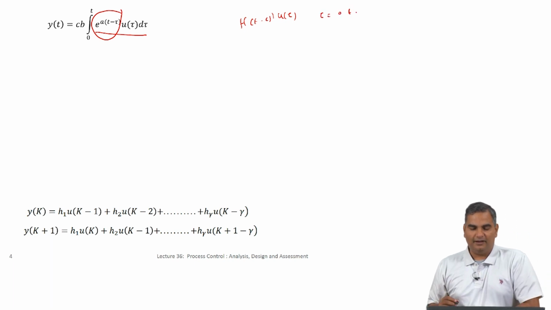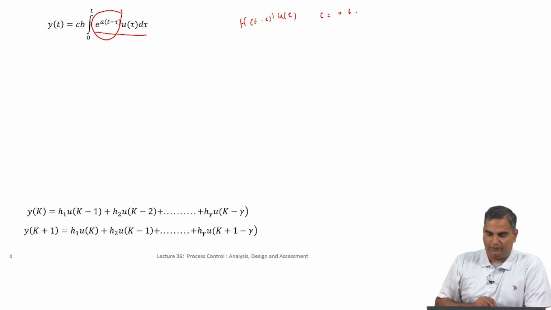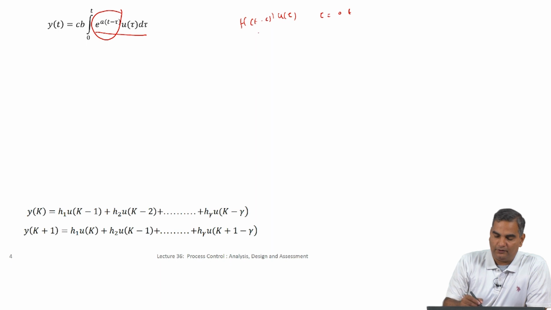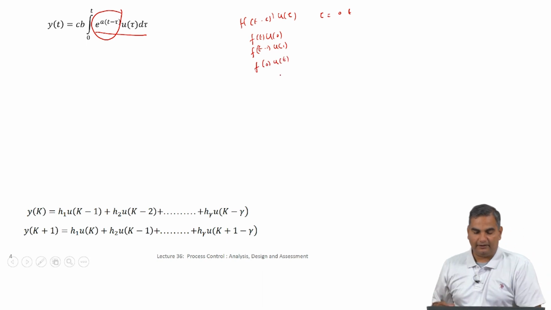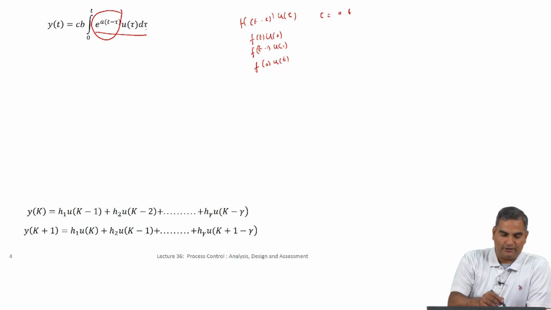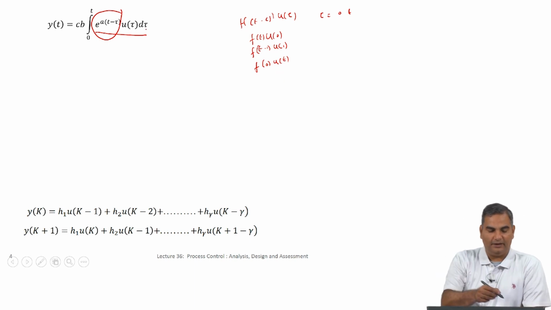In other words, if we substitute different values of tau: if I substitute tau equal to 0, this is some function of t times u of 0. If I substitute tau equal to 1, I get some function of t minus 1 times u of 1, and if I substitute tau equal to t, I will get f of 0 times u of t. So, you can think of this as a function multiplying u of tau, and this is being done continuously in a regular